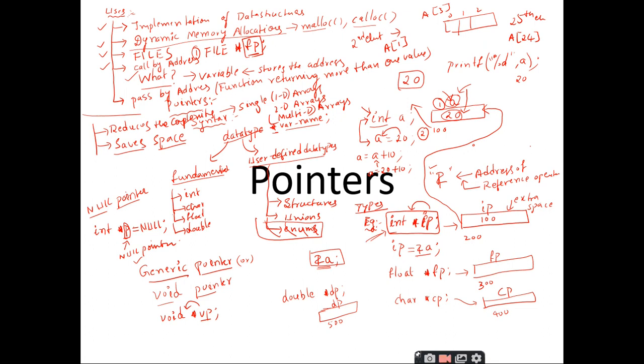So in the next session we are going to deal with the other parts of the pointers. We'll go through the slides in the next class, and then we'll see what parts we have missed, and if there are any additional points we can take them up. Then we'll move to pointer arithmetic, right? What are the valid arithmetic operations that we can perform on these pointers, that we will deal with.